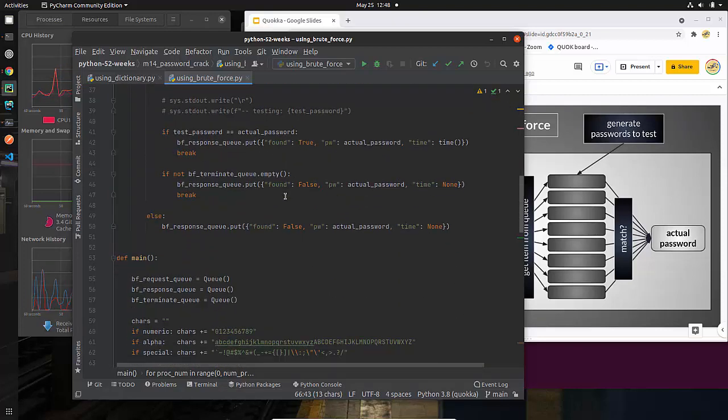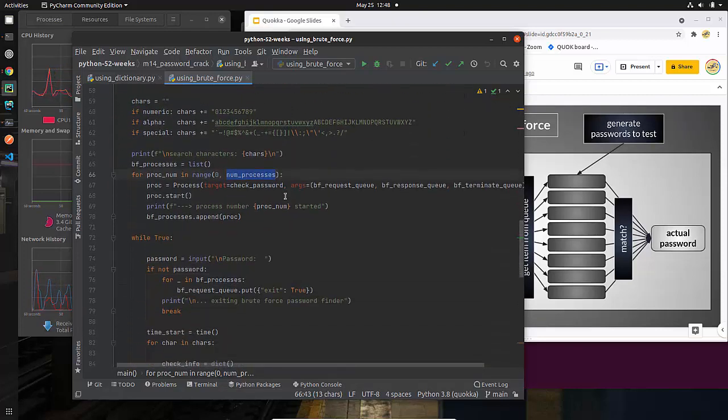So basically, I'm going to start the number of processes that I have cores, or I can use a different value if I choose to do so. And again, this is the actual function that will get executed. Those are the parameters. I call start, and then I need to keep track of them because I need to be aware of these things if I want to shut them down, and for other reasons that you may want to do that. So this is my starting of the processes.